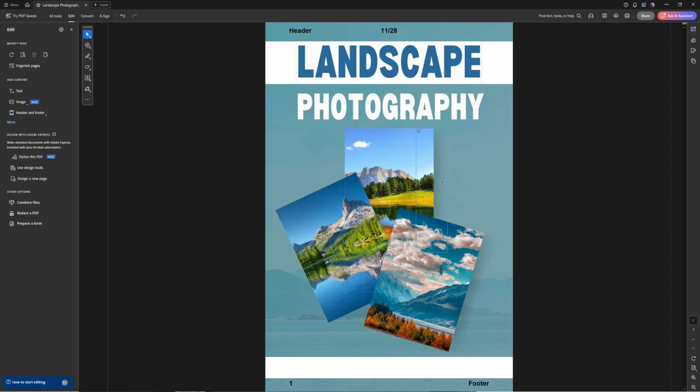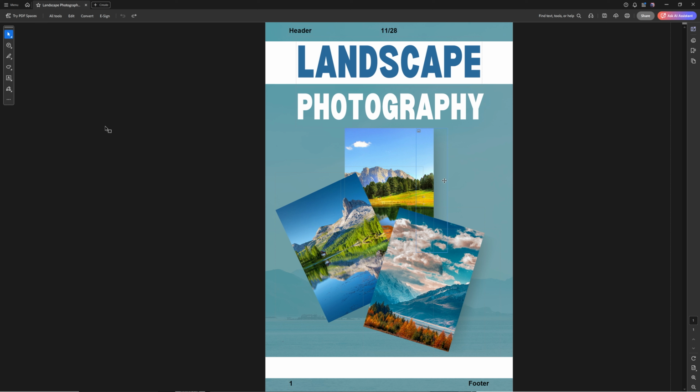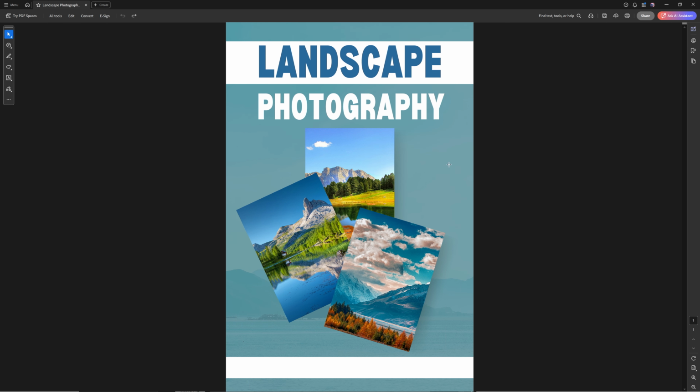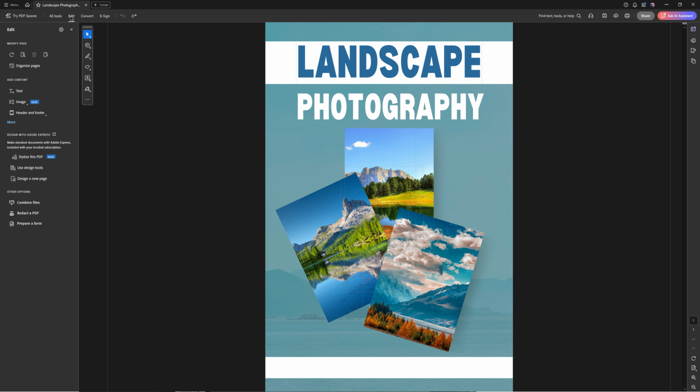In this tutorial, we're going to take a look at how you can add a header and a footer text in Adobe Acrobat Pro. So I have my PDF here, which I want to add a header and a footer to. What we're going to do is on top of here, go to the Edit menu, and in the Edit